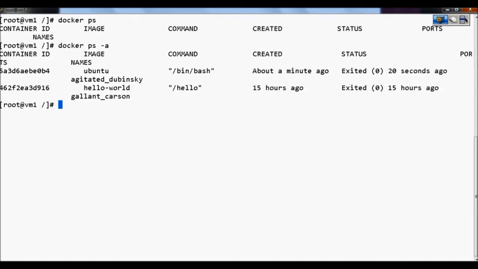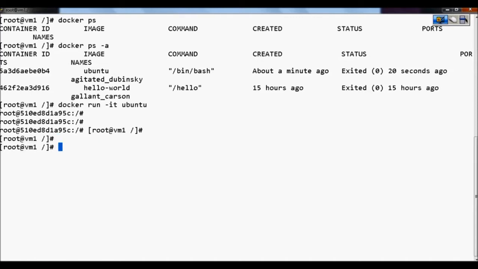Let's suppose I want to get attached to the container, do the configurations or the work inside the container and come out but still keep it up and active. Let's see how to do that. I am running another container, docker run -it, creating a new container by running the same image, Ubuntu. Now I got the shell. Now I want to come out of the container but still keep the container up and running. So to do that, the command is Control P, Control Q.